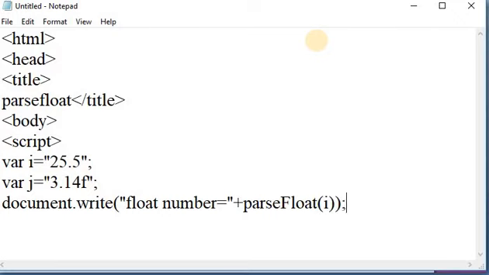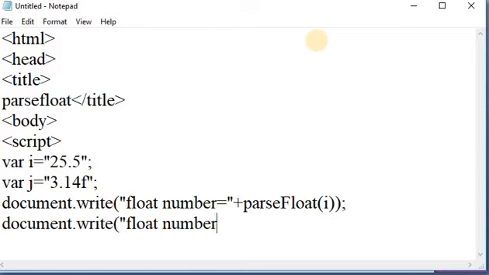I again, by using the write method, float number that j is equal to plus parseFloat, and here taking j.